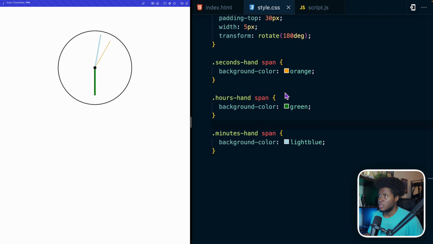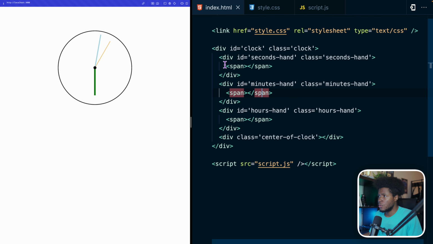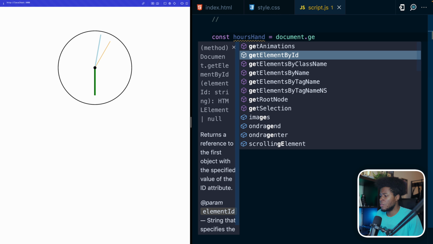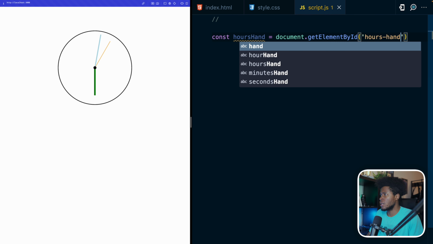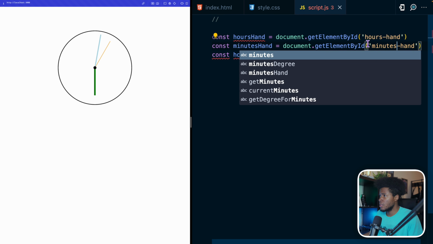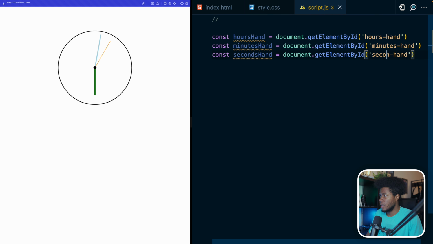Well, this is just the HTML and CSS part. Now let's go to the JavaScript part where we can make all of this dynamic. The first thing I'm going to do is to query these elements, these 3 divs here. So first I'm going to get my hours hand, which is going to be document.getElementById hoursHand. Then I'm going to do the same thing for minutesHand, secondsHand. Then I'm going to have a function which I call updateTime, and when this function